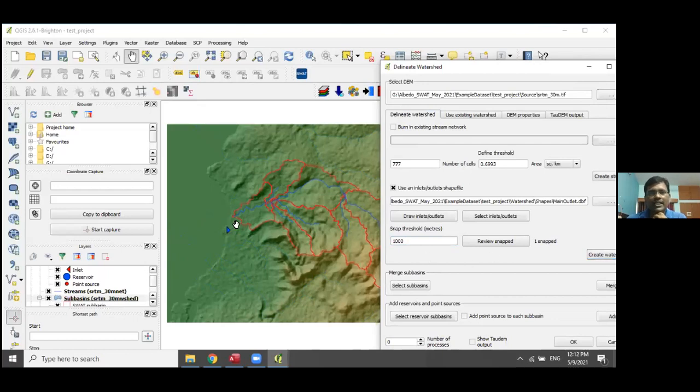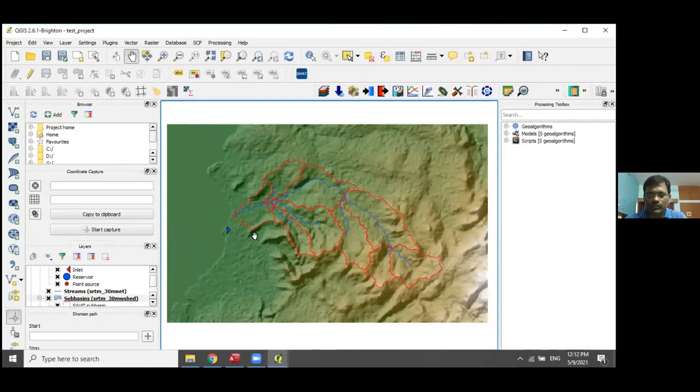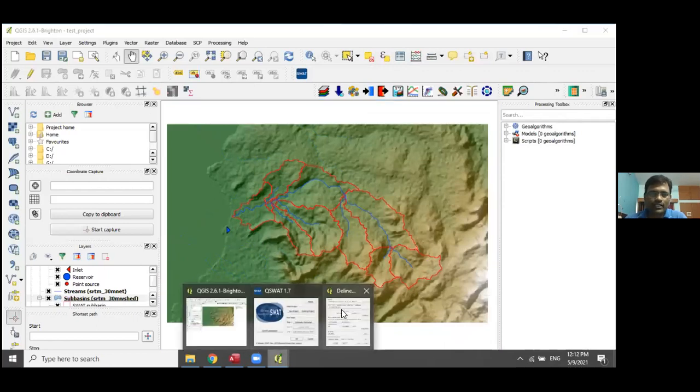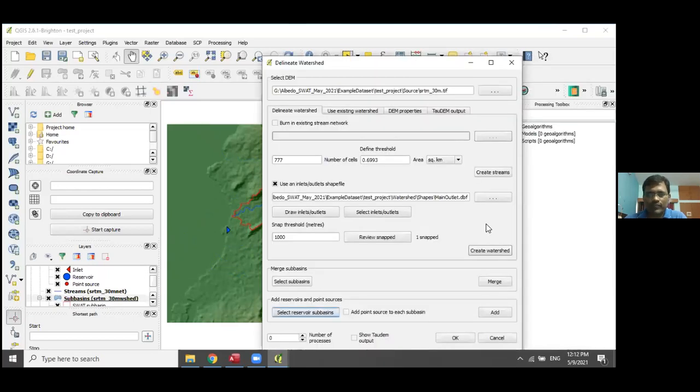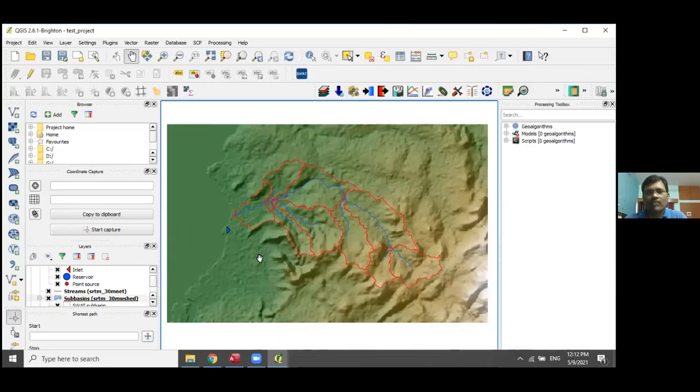So it will generate the watersheds. It has considered this as the main outlet and delineated the complete watershed. These are the sub watersheds. Most of the time, you see there are different sub basins, but if you want to merge, you can also merge the sub basins together.